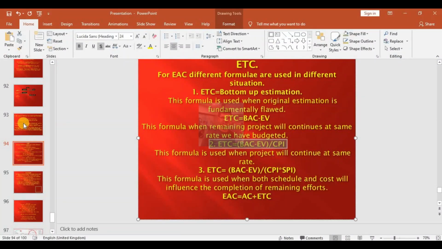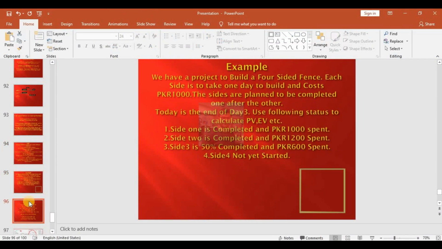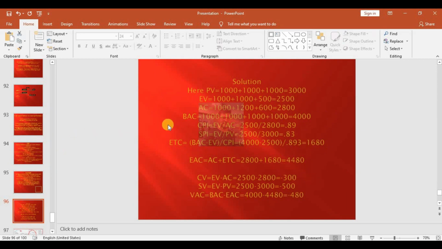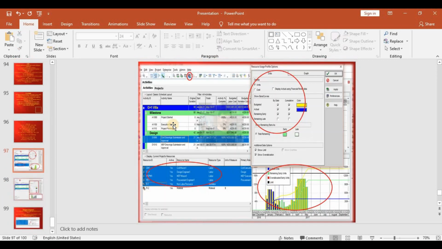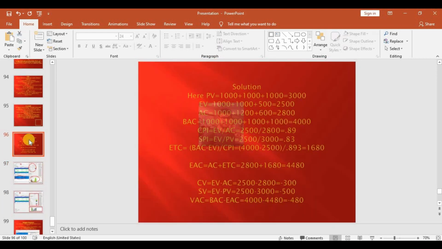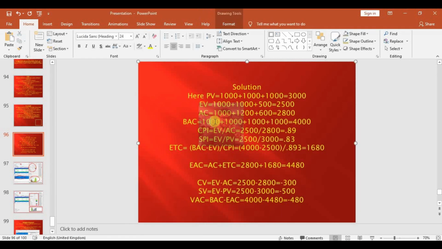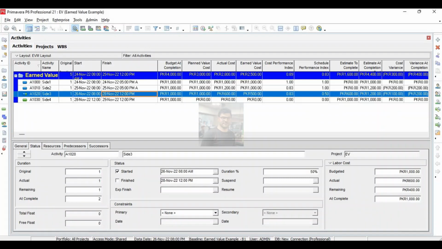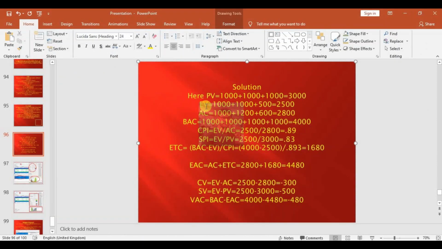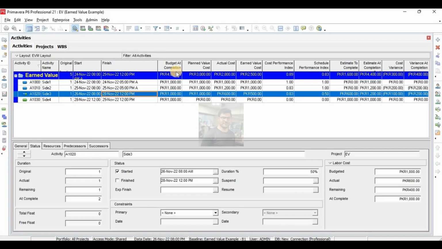So you can check from here our results were, and I will explain what problem Primavera gives when you are calculating your estimate to complete and CPI, all these values. Here our planned value is 3000, and check in Primavera planned value is 3000. Earned value is 2500.